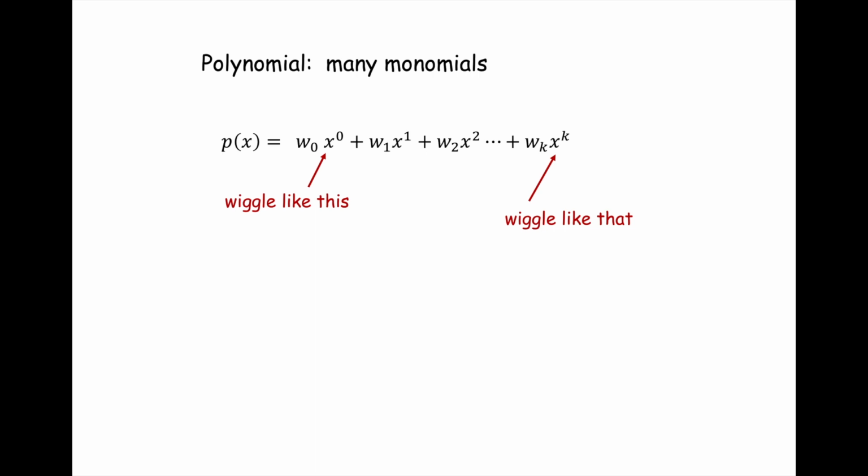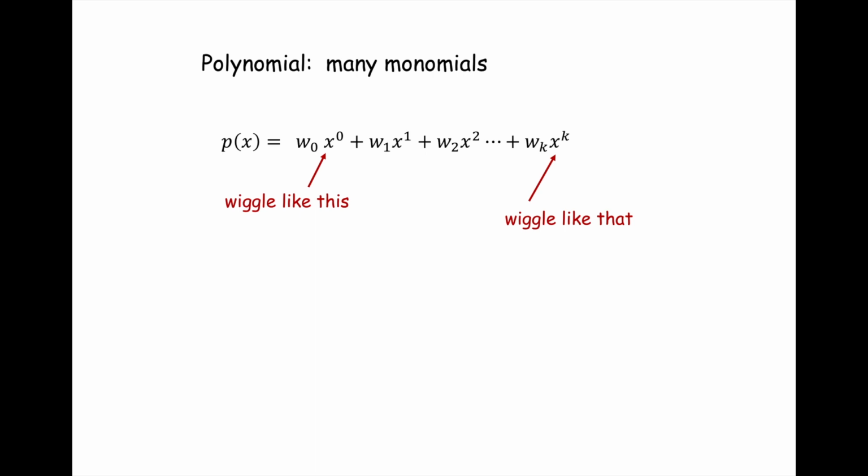Now, of course, you're probably used to seeing something like ax cubed plus bx squared plus cx plus d, and d is multiplied by 1, which is the same as x to the 0 power. You're probably used to seeing the alphabetic characters as your coefficients when you write out a polynomial, but mathematically it's more consistent to use indices, those subscripts w0, w1, w2, because when you have the alphabetic characters, you only have 27 coefficients, whereas if you use a subscript, you can have as many as you need.